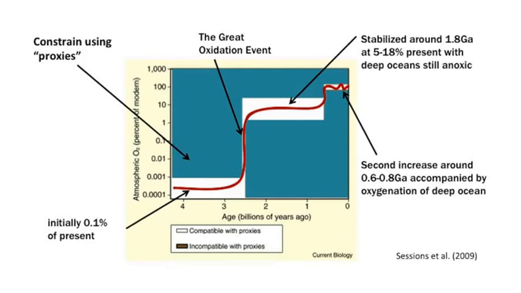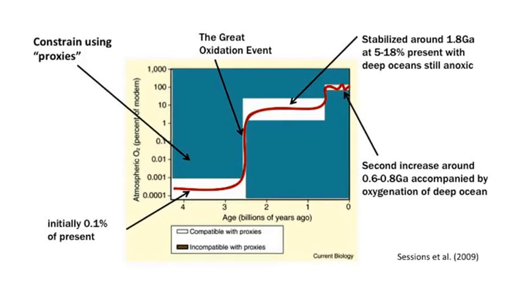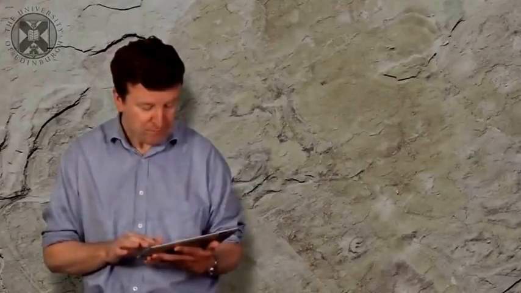And then roughly about 500 million years ago, 600 million years ago, another rise in atmospheric oxygen up to present-day levels, around 20% of the Earth's atmosphere, although it's varied over the last few hundred million years. But the question we want to address here is, what caused this first abrupt rise in oxygen? What would cause oxygen in a planetary atmosphere to rise very abruptly?